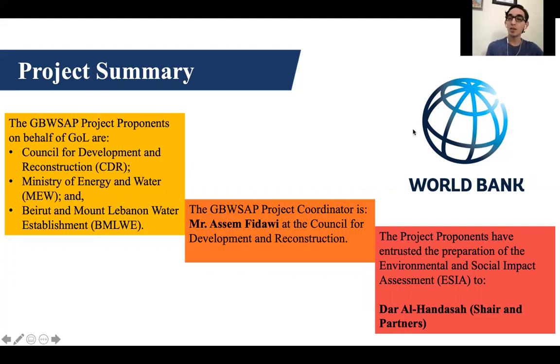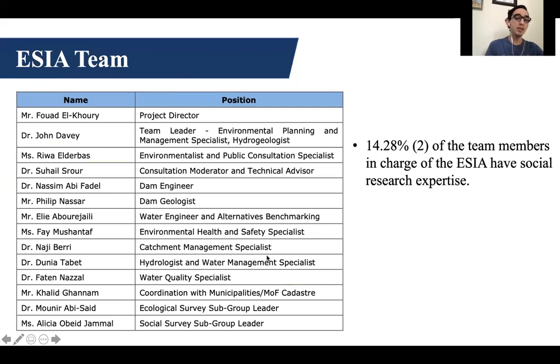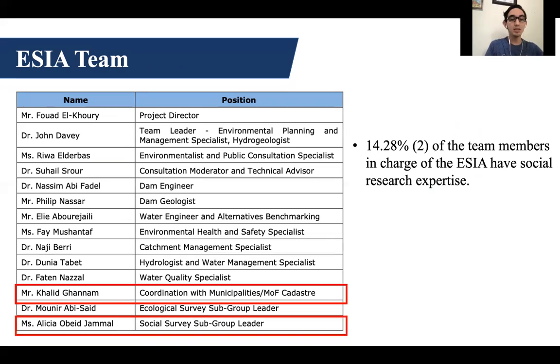The funding for this project comes from the World Bank, so you will notice that a lot of the regulations used to conduct this environmental and social impact assessment are within the World Bank regulations. This is a chart provided by the document, showing all the people that are part of the environmental and social impact assessment. As you can see, there are only 2 people with social research expertise or background. These are the 2 individuals focusing on the social impact assessment, and it represents a little bit more than 14%